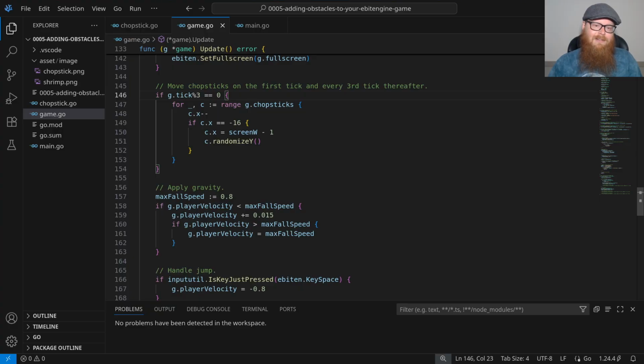In Update, on the first tick of the game and every third tick thereafter, we'll move the chopsticks across the screen to the left by 1 unit. If the X position of the chopstick is -16, or in other words, it's now completely off of the left edge of the screen, we're no longer able to see it, we'll reposition it to the right edge of the screen and randomize its Y position again.